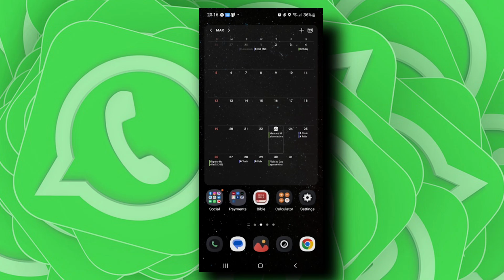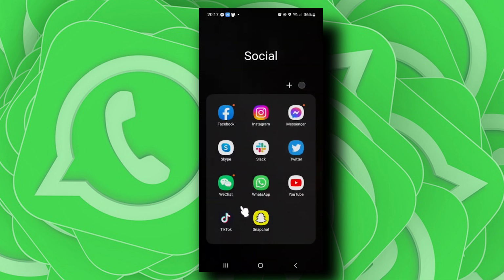So in today's video, I am going to show you what you can do if your WhatsApp status is not showing. So this is going to be quick and easy. So let's start. So first, let's go ahead and open up WhatsApp